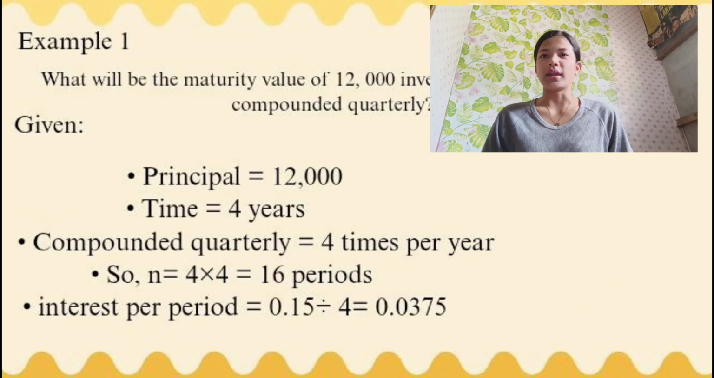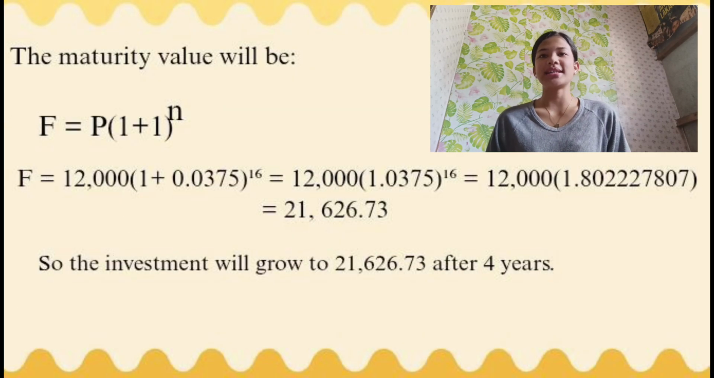For example 1, we are asked to find the maturity value of 12,000 invested for 4 years at 15% interest, compounded quarterly. First, let's identify the given. The principal is 12,000 and the time is 4 years. Since it is compounded quarterly, that means 4 times per year, so the total number of periods is 4 times 4, which is 16. Next, we get the interest per period by dividing 15% by 4, which gives